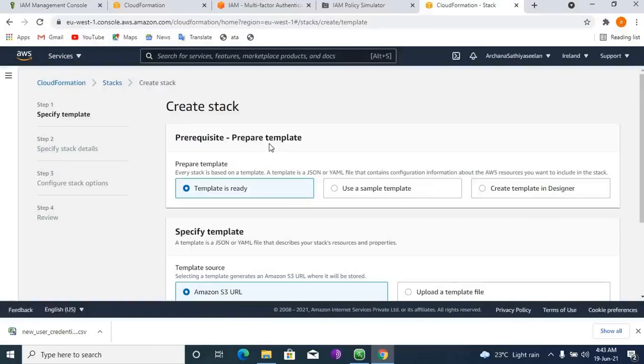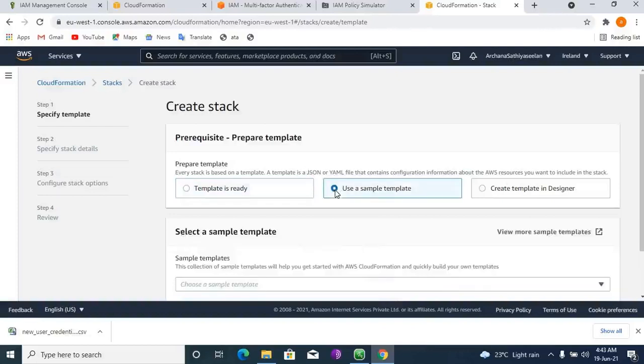Now, if your template is already ready, you can give this template and you can run. If you want to create from a sample, you can create it here, or if you want to design the template, you can create the template here. Now I'm using a sample template.